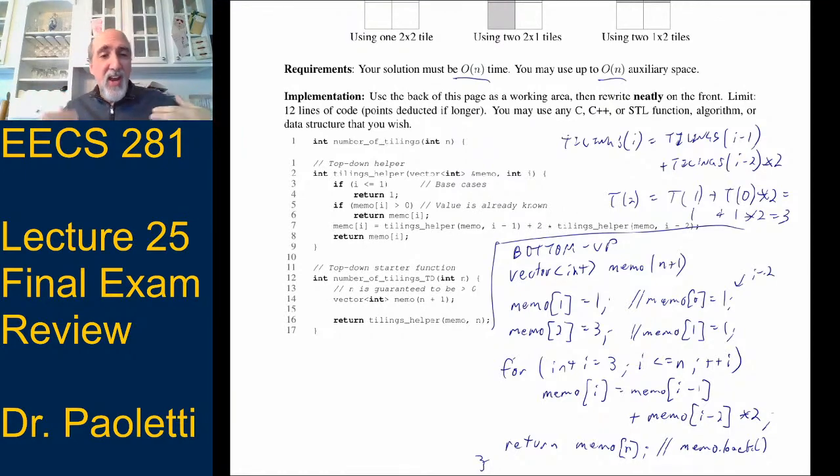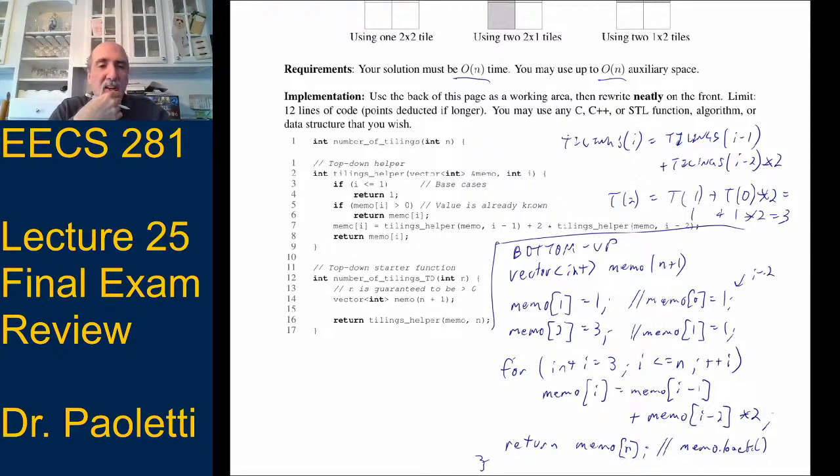So things to take away from this, how to solve DP problems. First, like I said, look at the requirements to get an idea of what you are going to do for the memo. For instance, if we say you're allowed to use size m times n, and we give you input that's m times n, then it sounds like you're going to have a square memo of size either m times n, or it could be m plus 1 by n plus 1, depending on how you view the solution.